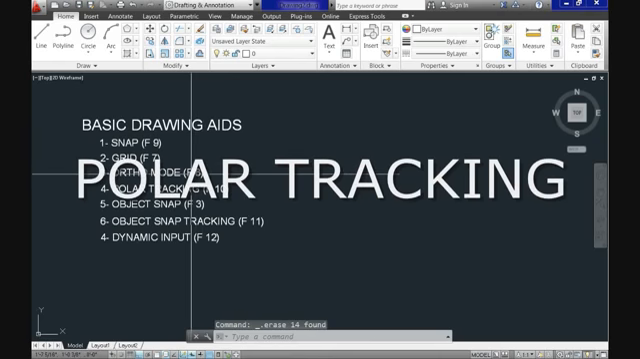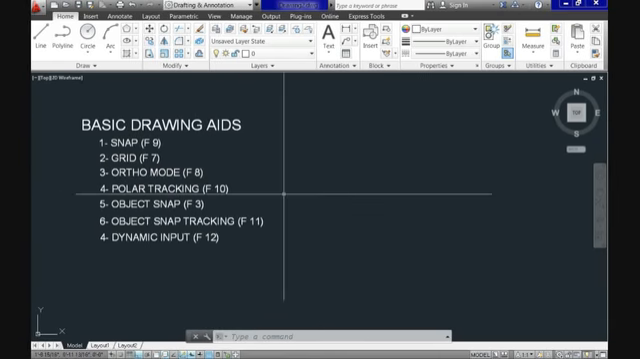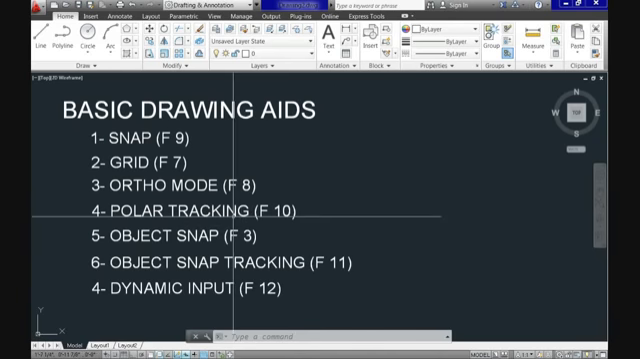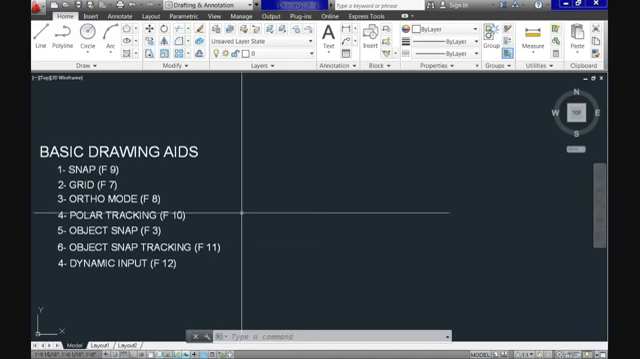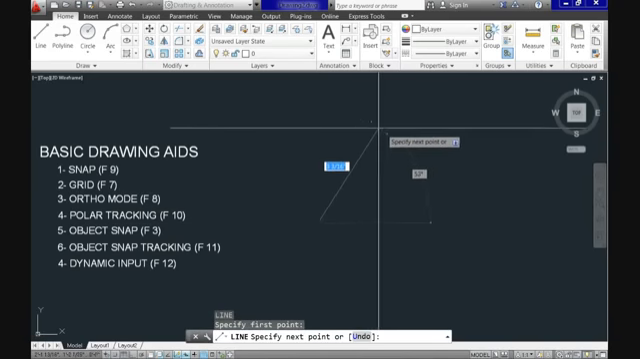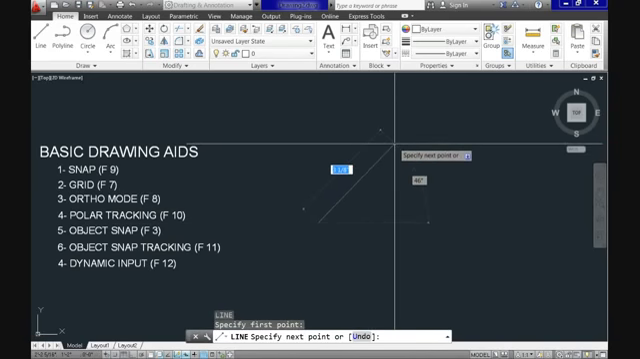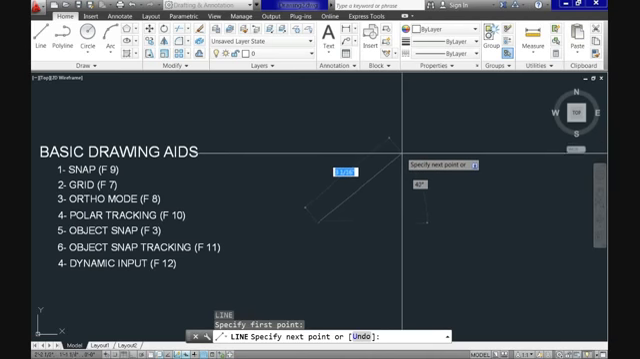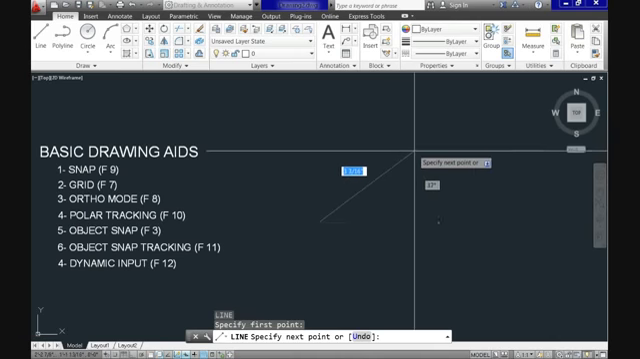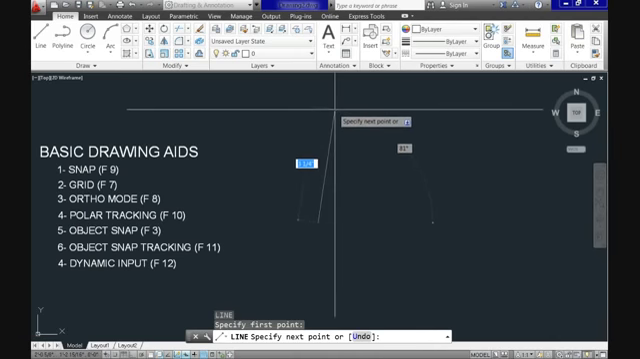Our next drawing aid is polar tracking. And as we saw in the last tutorial, polar refers to drawing at an angle. The difference with ortho is that it's not obligating, but suggesting specific angles so you can decide if you want to use it or not. Polar tracking, which is off by default and can be turned on with F10, causes our crosshair to snap at